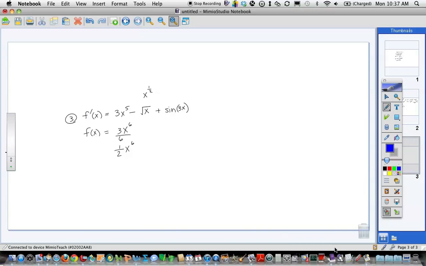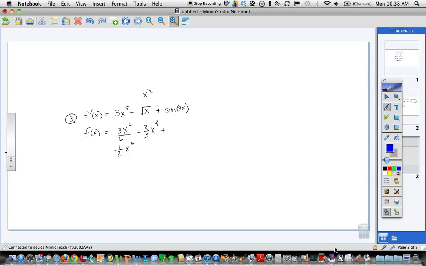Same thing on this one. We know the rule says bump it up 1, which would be x to the 3/2, and divide by 3/2. What do you get if you divide by 3/2? You multiply by 2/3. But again, your check should always come next. You should say, well, if I brought the 3/2 down in front, times 2/3 would make 1, x, and then drop that by 1, x to the 1/2. Okay, finally,